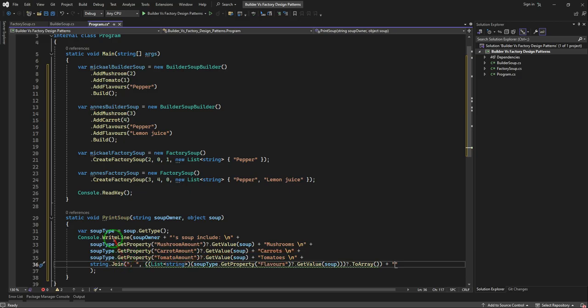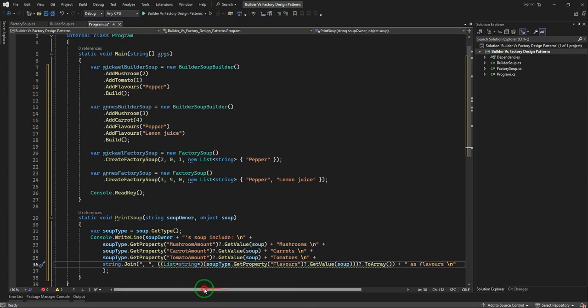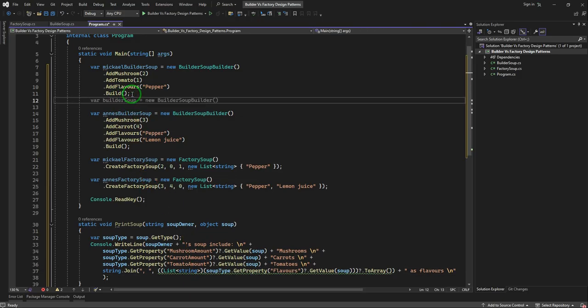Well, we put a comma here, and then a list of our friend's flavors, and then a space, and as flavors. Well, I just use this method here. Print soup